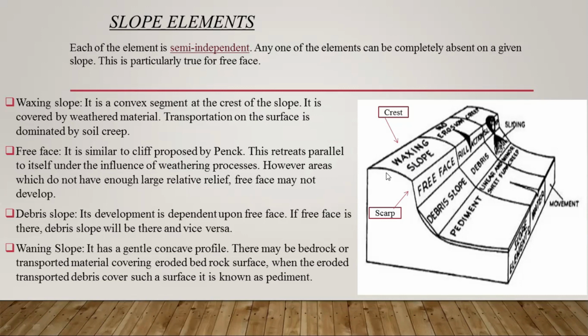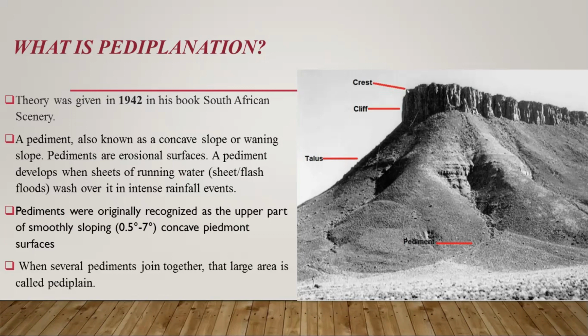What is pediplanation? We have already seen what a pediment is. Now, what is pediplanation? This was given by King in 1942 in his book South African Scenery. Now, pediment, as you have seen before, is this concave area. This is the topmost part. This is the concave area along which the fast flowing rivers, while they are coming down, eroded